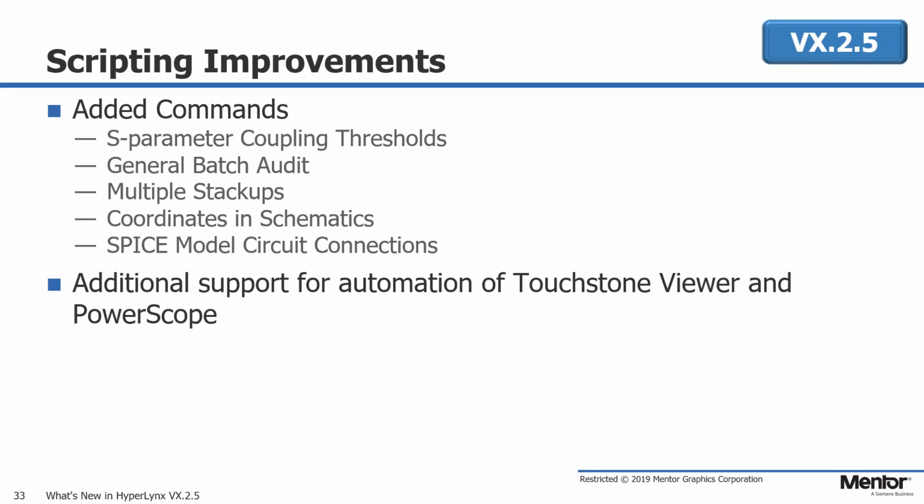And again, we see people using this where they have users who may not be so experienced with HyperLynx, but they want to get some of the benefits out of this. One example I've seen recently would be to run a crosstalk analysis for the HyperLynx DRC, using scripting to take the results from the DRC analysis and go to the full HyperLynx SI tool, running some simulations and taking actual measurements on crosstalk to see what the actual results are. And then those that failed go back again to HyperLynx DRC with more stringent rules,